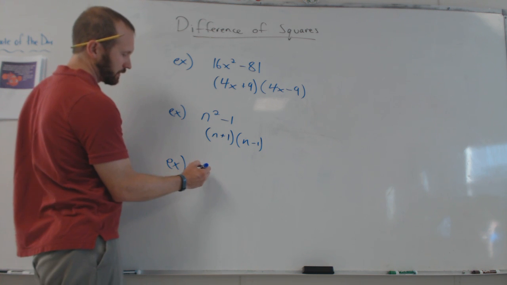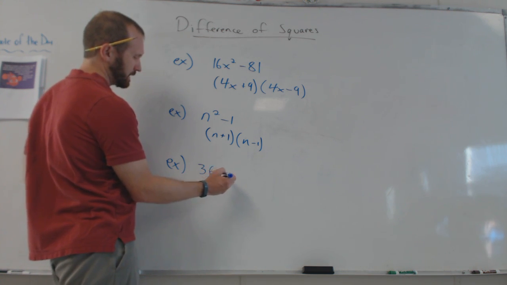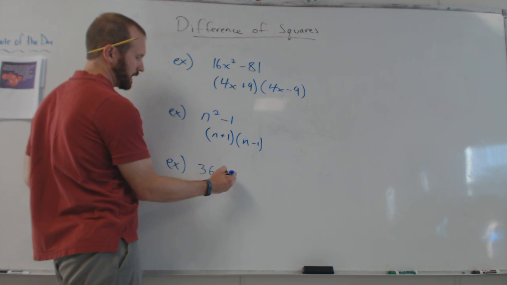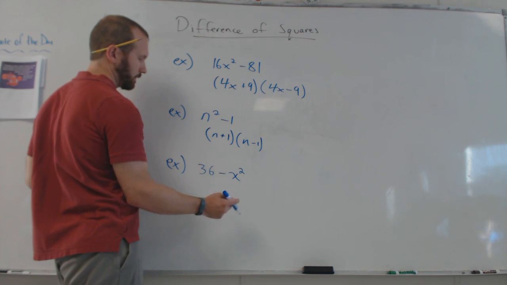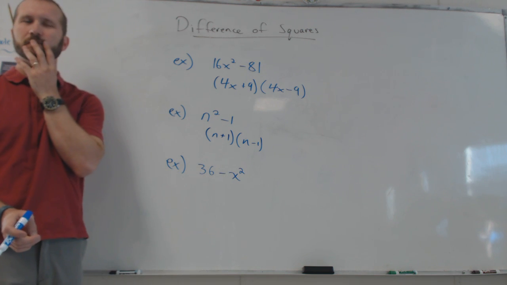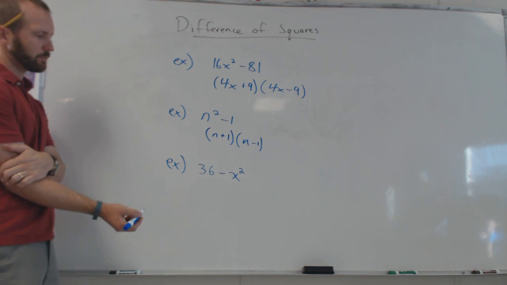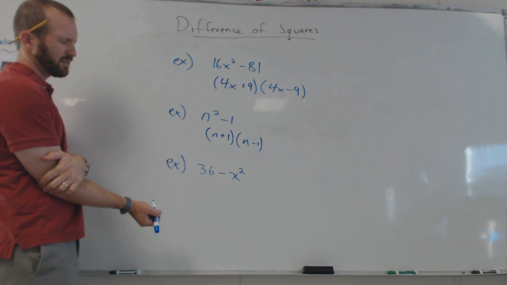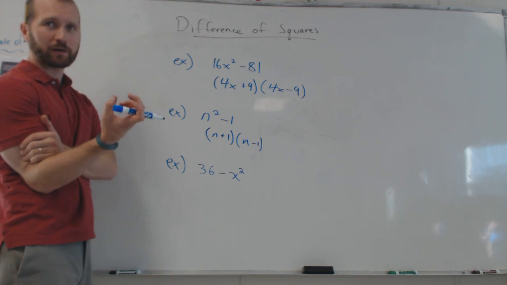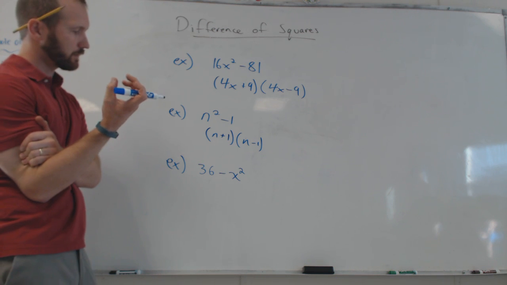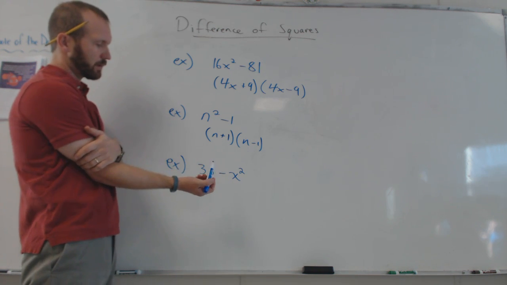What if we had something a little different, like 36 minus x squared? Could you use the commutative property and turn it into negative x squared plus 36? I could, but then I would have a sum of squares. How? Because it'd be plus, adding, so it wouldn't be a difference. So this thing is a little bit weird,